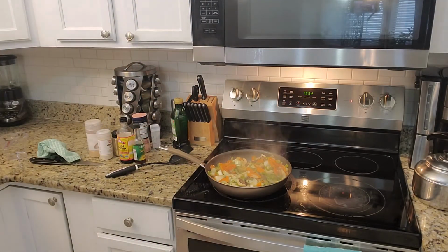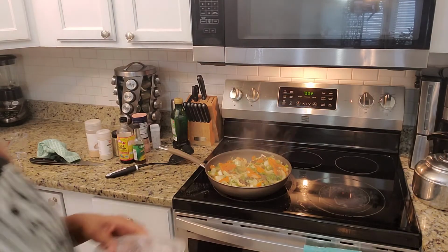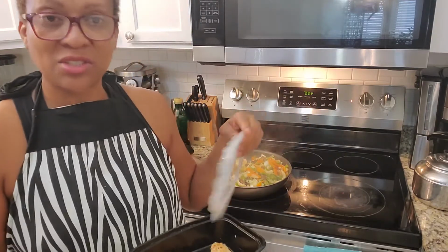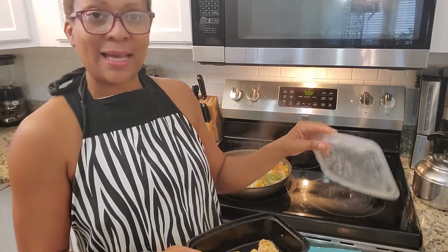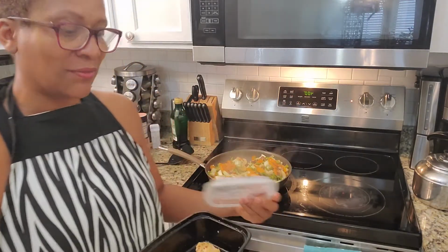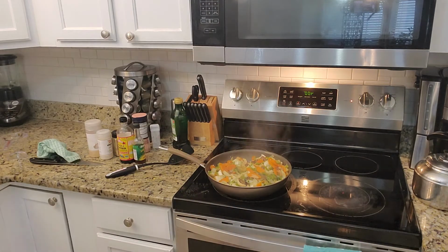So, I already have prepared some chicken breast for my husband. So I've got that. I'm just going to chop that up and put it to the side, and then put some in for him so that it has the soy flavor also. And for myself,